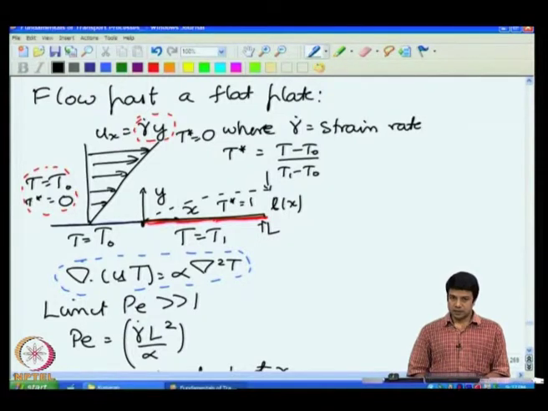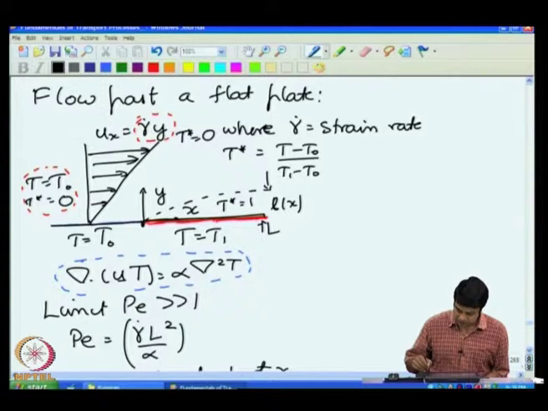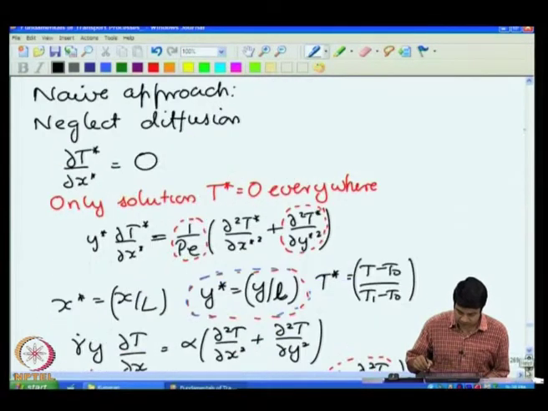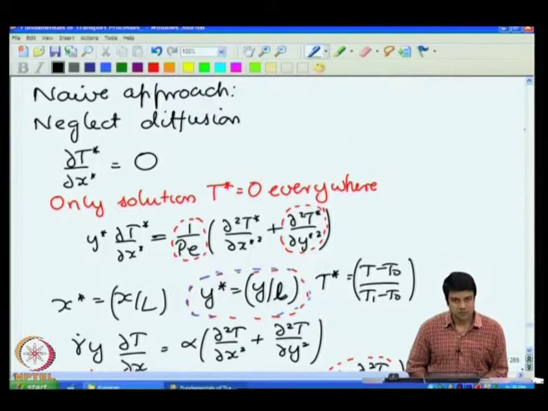However, there is still going to be diffusion at the surface, because diffusion is due to the fluctuating motion of the molecules. And as convection becomes larger and larger, the energy that is diffusing from the surface gets swept downstream, and therefore, it penetrates only to a small distance within the fluid. And if the distance of penetration is small, the gradient is large, and one could still have a balance between convection and diffusion. So, the way to solve this problem is to postulate a length scale small l